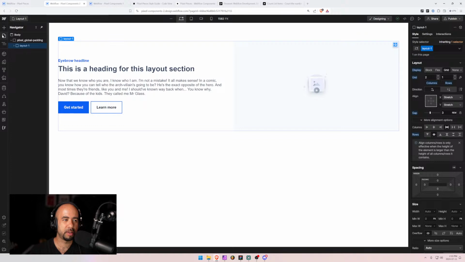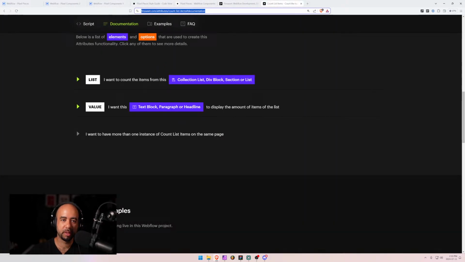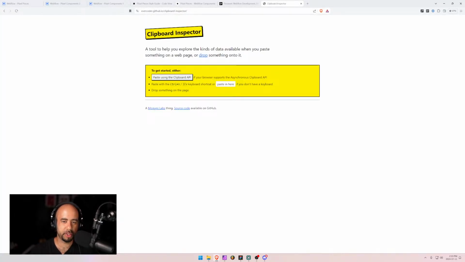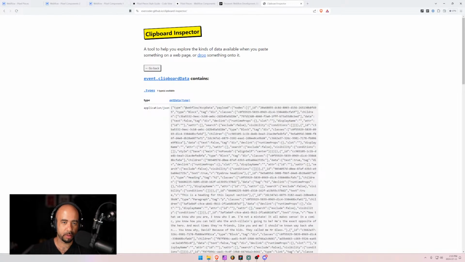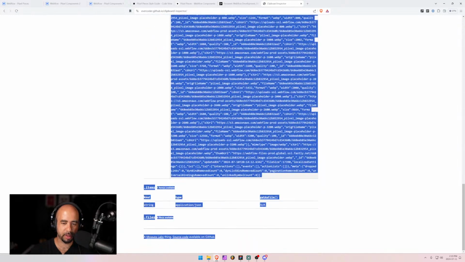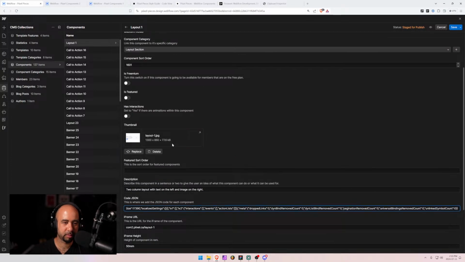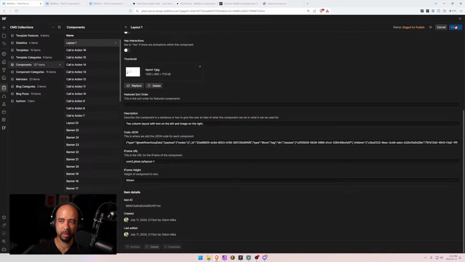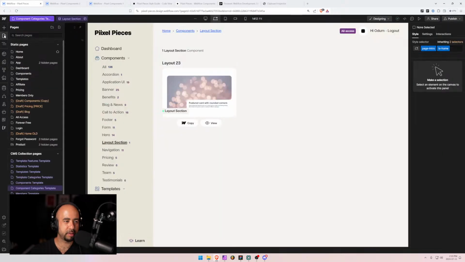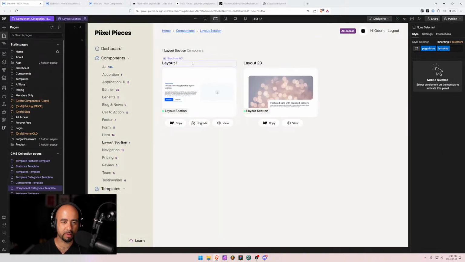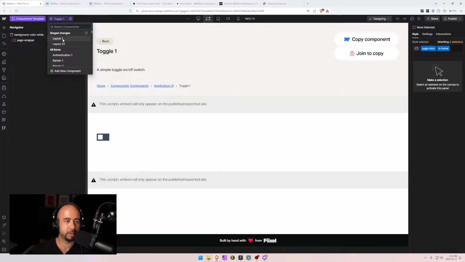Okay, so we got to go to all of these ones. We need to copy and we need to get the JSON code. Okay, so let's get that. Copy and paste. And let's save that. Let's just have a quick double check to make sure everything looks good. Yeah, so we have this layout here. Yeah, that's what it looks like. And if we just go to the actual component and let's go to layout 1,